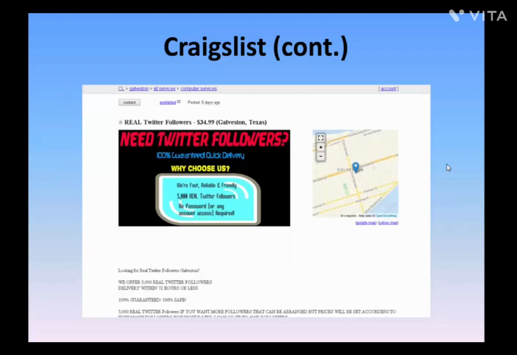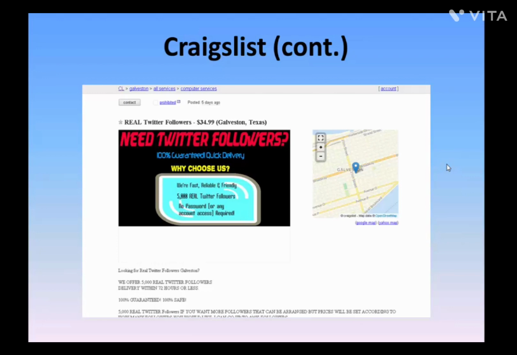And here is a picture of, this is in Galveston, Texas. This is not locally. I was just browsing and actually stumbled across this, and I was floored because I was like, wow, this is exactly the kind of evidence that people need to see that this stuff is selling. So this is a great example of ad copy for this as well. They have a nice little graphic that they've made there.